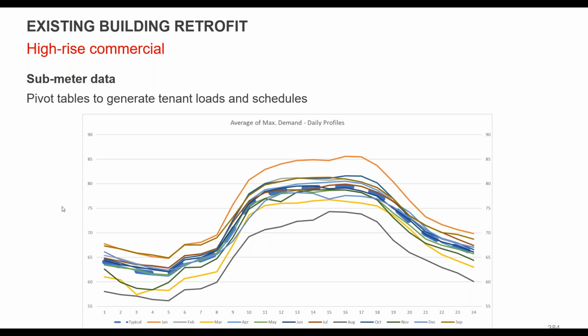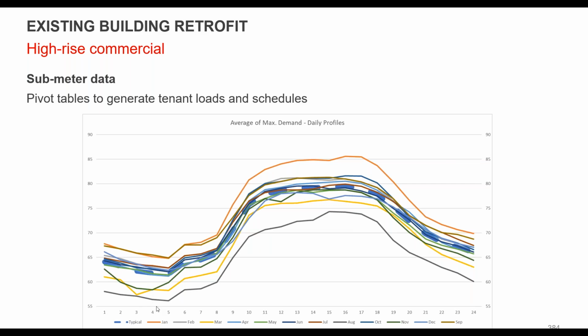We've normalized this data set out of 100, right? So 85 there is 85% of the total load. And you see the bottom end here is only at 55, right? So that's 55% total load. So one thing we noticed immediately here is that at night, this building is still running over 50% of its peak in the middle of summer, right? So we know the building is still humming along and consuming a ton of energy at night.